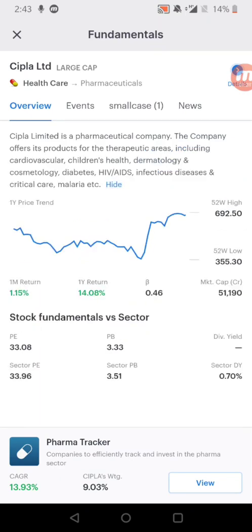So as you can see, they offer products for therapeutic areas including cardiovascular, children's health, dermatology, cosmetology, diabetes, HIV, AIDS, infectious diseases, critical care, and malaria. So the highest it has been is at 692 and the lowest is at 355. In 1 month return is at 1.15% and 1 year return is at